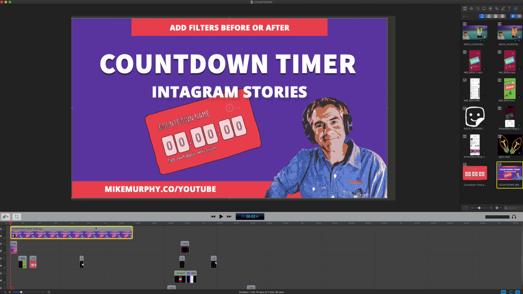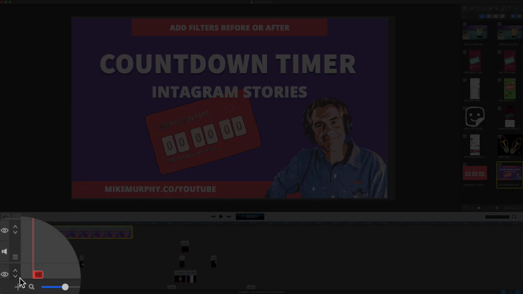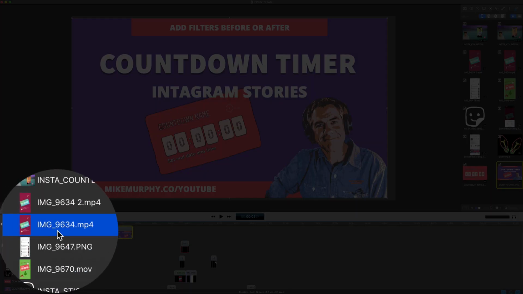But that is how you quickly add media to your timeline. Simply double click on anything in your media bin. It'll place it where the scrubber is, or click this little plus symbol down here and choose the clip that you want and it'll